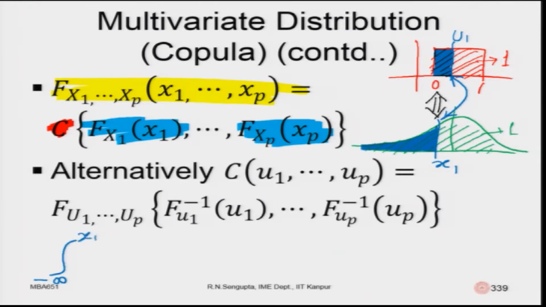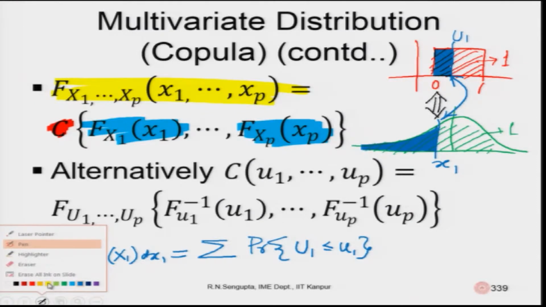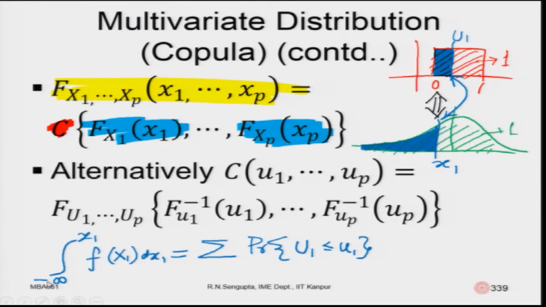So, the integral of f of x1 dx1 will be equal to the probability that the random variable, capital U, is less than or equal to u1. So, this part, if we use green color, yes, this part